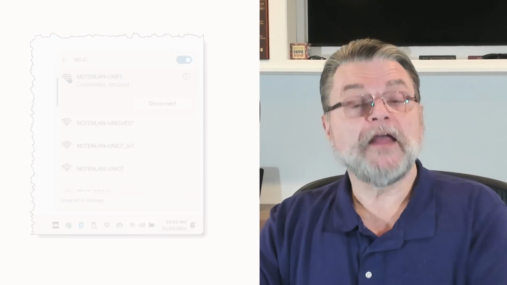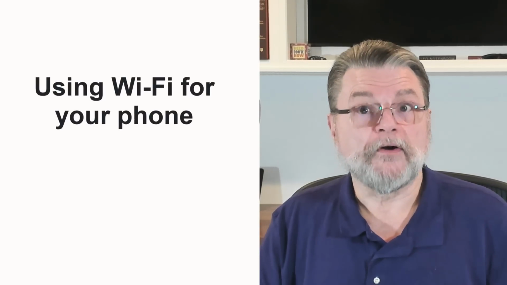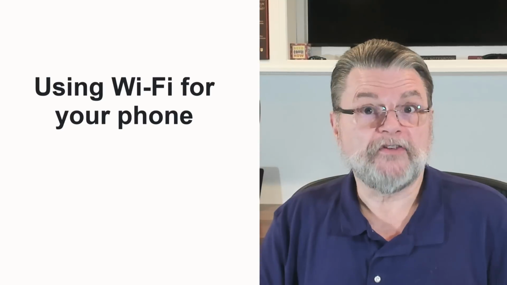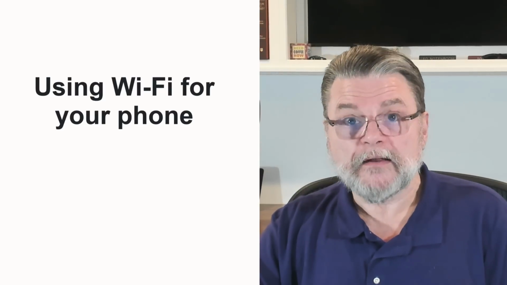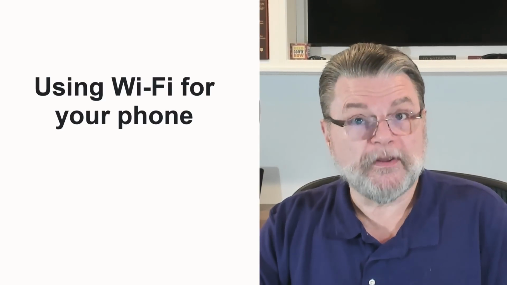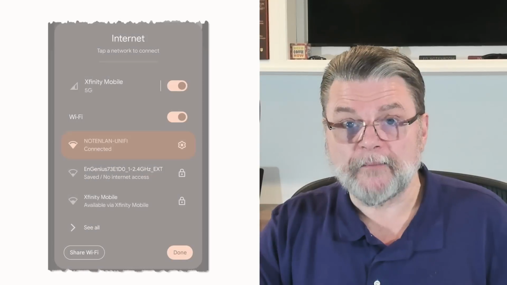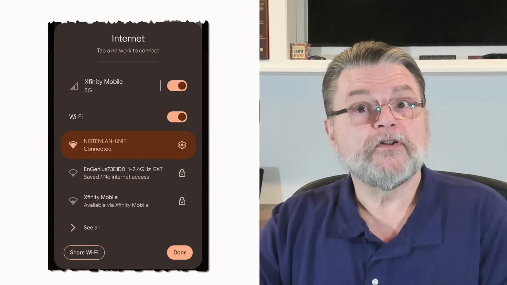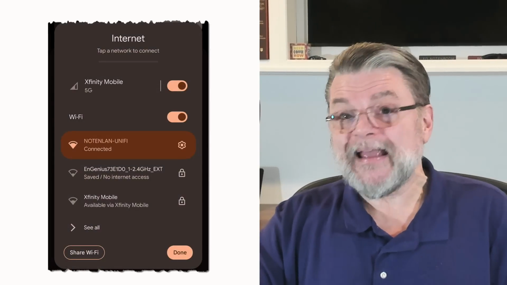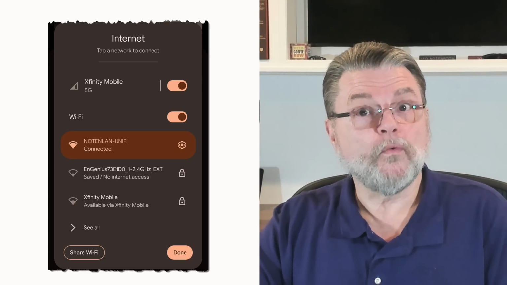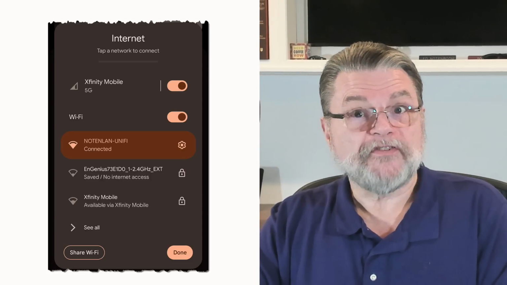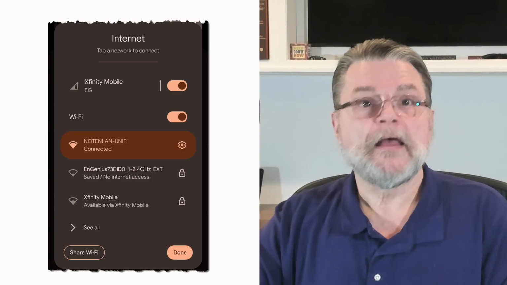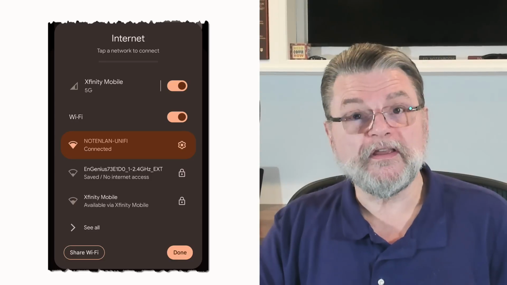Now, Wi-Fi and your phone. If you've already got Wi-Fi configured on your router, in other words, in my case, I've got that NotenLAN-Unify hotspot running, then the actions you take on your phone are typically pretty similar to what you might do with a laptop. You'll go to your internet settings, turn on Wi-Fi, and presumably a list of local Wi-Fi hotspots will appear. You tap on the one you want to use. It'll ask you for a password the first time you do that, and boom,